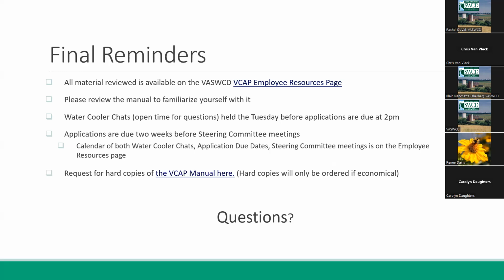Last two things. If you would like a hard copy of this manual, you can fill out this form. Rachel's going to put this link in the chat. We're trying to determine how much interest there is in a hard copy before we determine if we're going to order them. And then if you have feedback on the manual, Rachel's going to put another form in the chat. This is if you spot an error that we can address, that'd be great. If you have general feedback, we will get to it when it is an appropriate time to update the manual or bring it to the TAC if that is necessary. So that is our manual update.